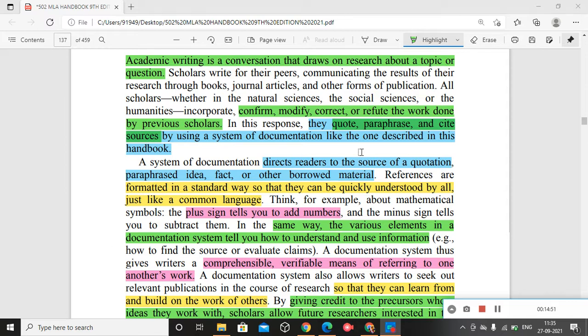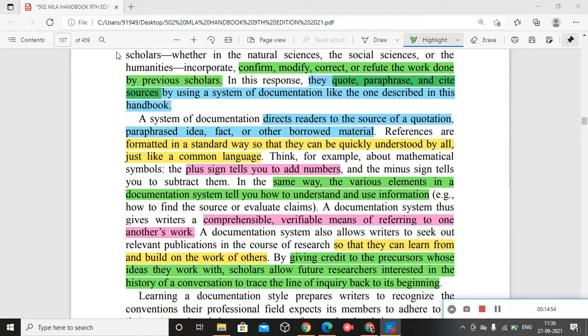Now we have to see how to do that. A system of documentation directs readers to the source of a quotation, paraphrased idea, fact, or other borrowed material. I told you, when you have a particular quotation and you are given a page number, then at the end of the work, with the works cited list, you have all the details given there.